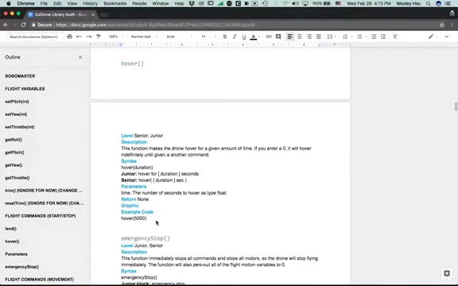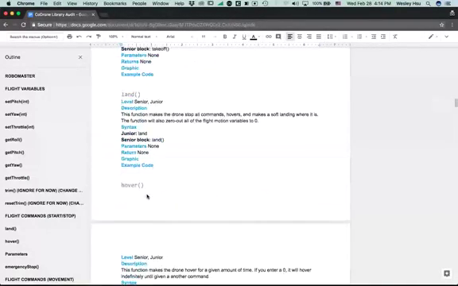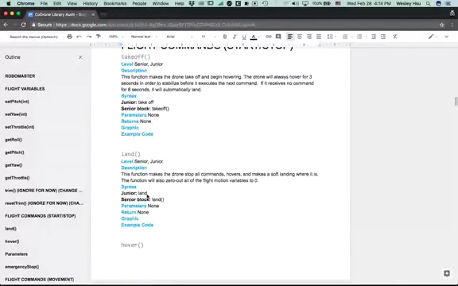because Arduino and Python, they use different time measurements. One uses seconds as a standard and milliseconds as the other standard. So we're going to make that uniform between Python and Arduino. So you can just say hover for 5 seconds, and it's going to hover for 5 seconds, as you would expect. But it's much easier to read, which is going to be easier for students to learn, because you don't